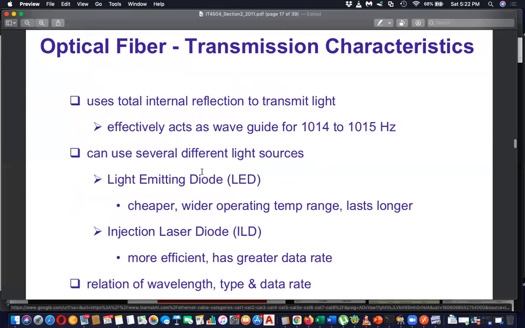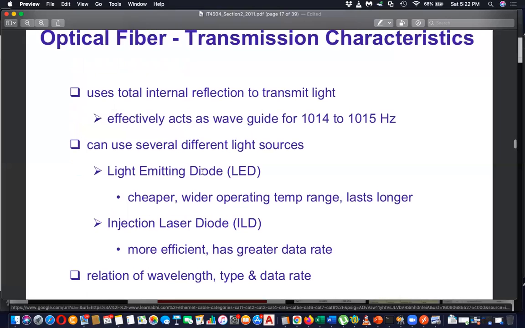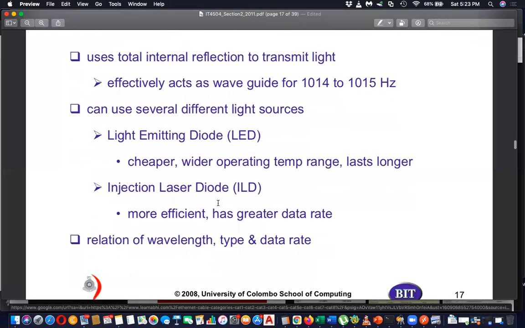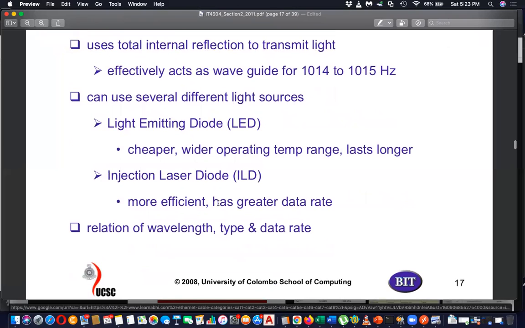Right, then fiber optic transmission characteristics. So these are the operating ranges, 10^14 and 10^15 hertz. Can use several different light sources, can be LED or can be laser diode. Injection laser diode or light emitting diode is used as a